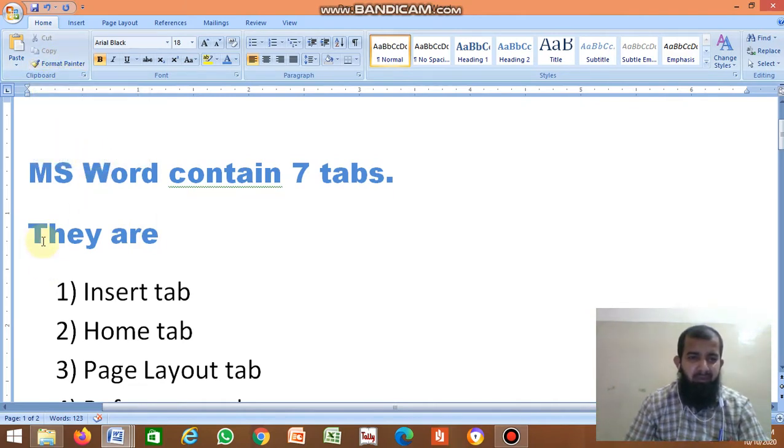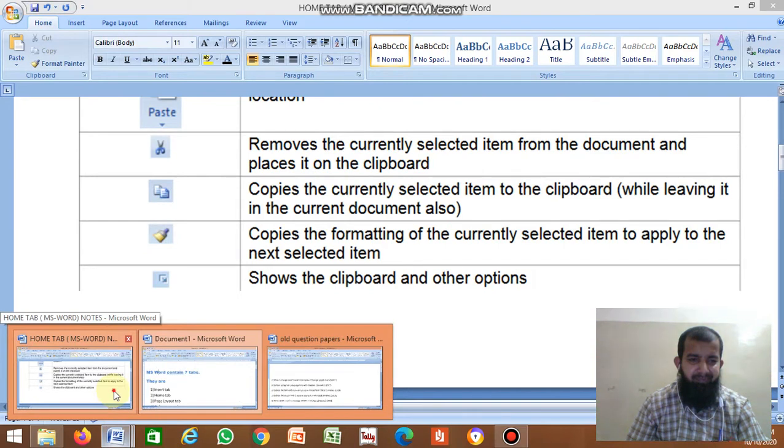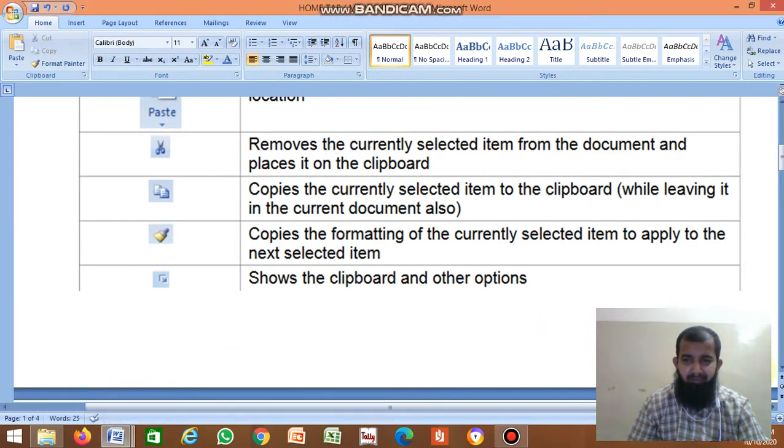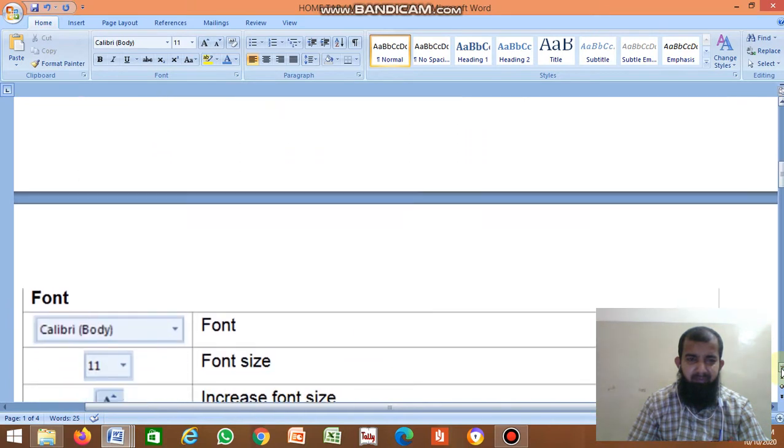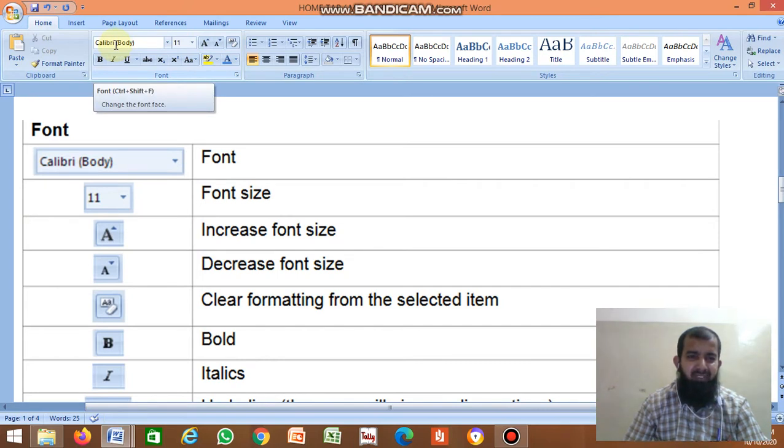Next, second group is font group. This is the font group. Font contains many options. First one is font. This is the font option. It changes the font face.